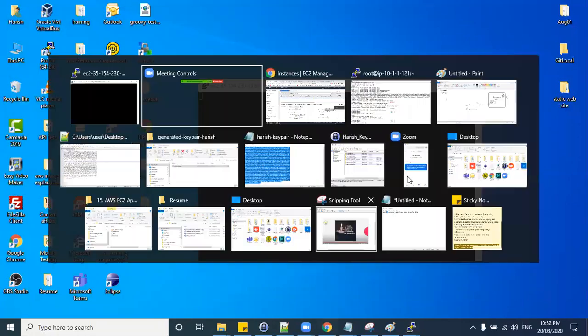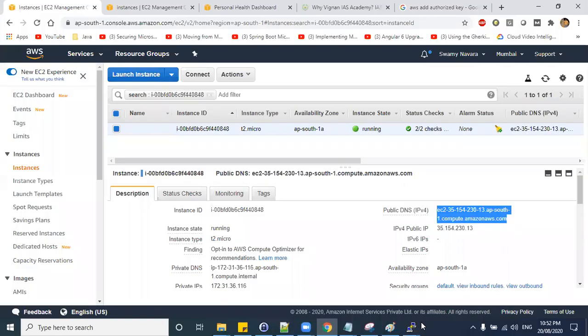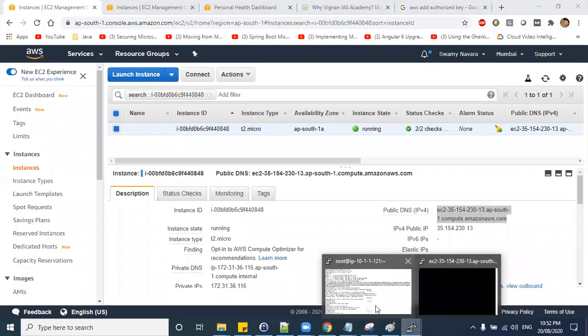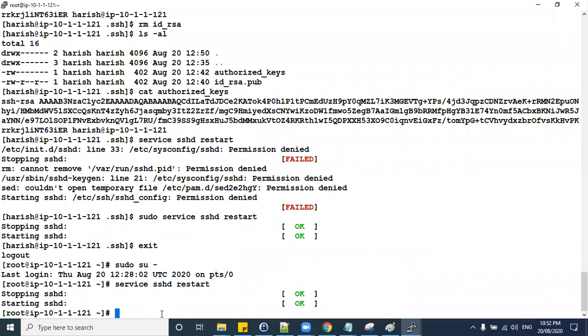It's not recognizing the key itself. Okay, let me quickly do one more user here.